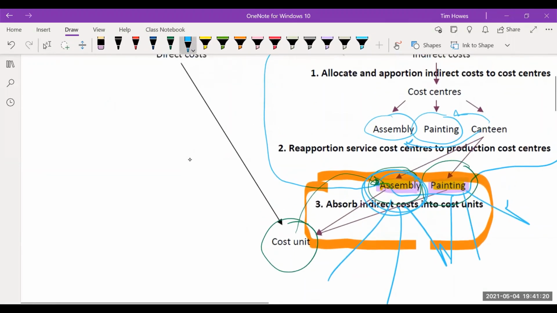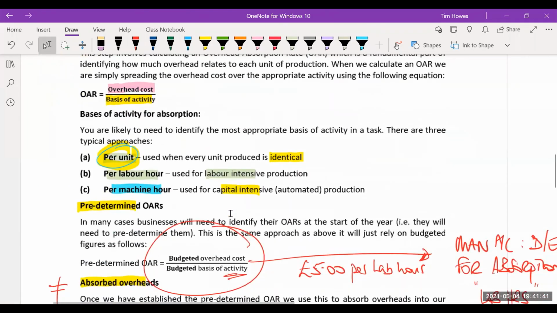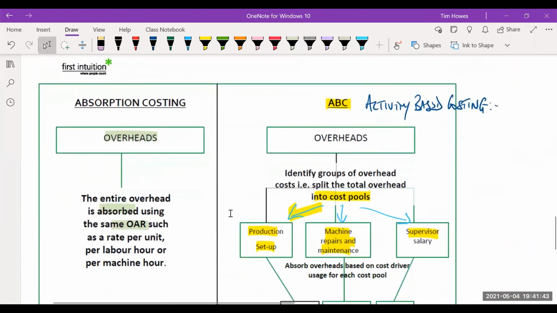The painting department, whoa, it's going all over the place there. Let's break it down and look at what drives those figures. So rather than having one assembly figure divided by one activity measure, you have 3 assembly figures and 3 activity measures. And so it's just trying to be a little bit more realistic at the end of the day,